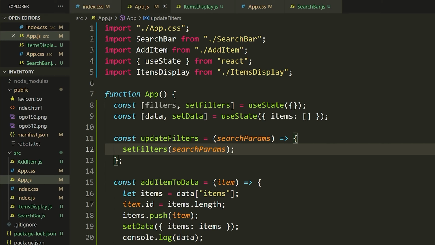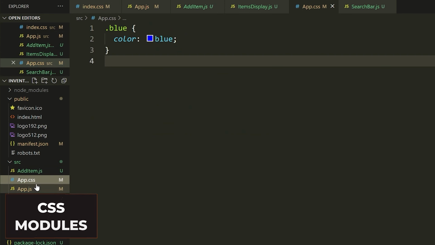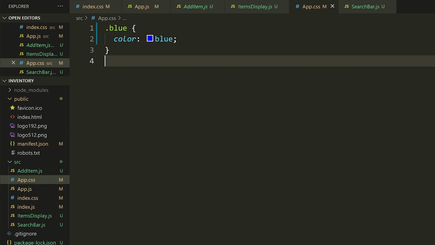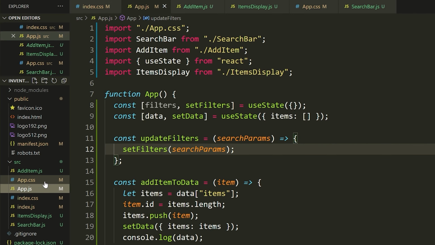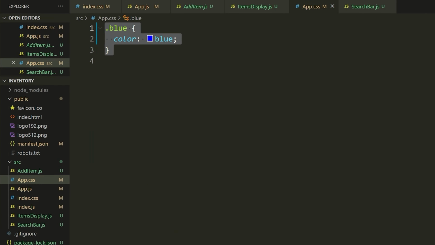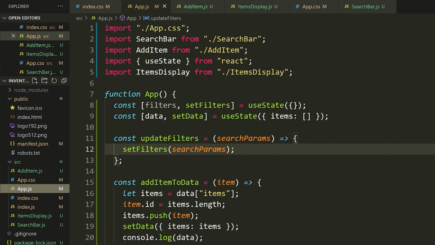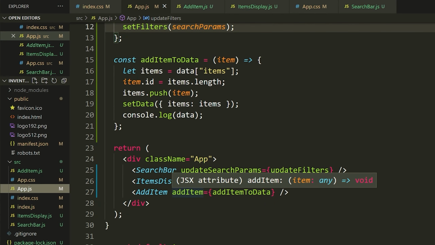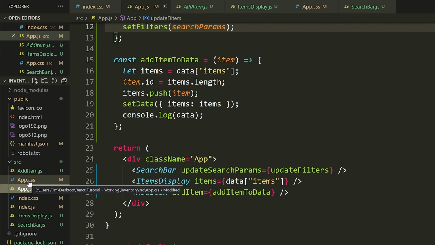Now we're going to talk about modules. So what happens if you do not want this app.css file here to be used anywhere else? You just want the styles here to apply to what's inside of just app.js, right? So you have app.css, you want this to correspond with app.js, and you don't want any classes or styles you define here to apply to anything other than what's inside of app.js. Well, the way you would do this is the following.